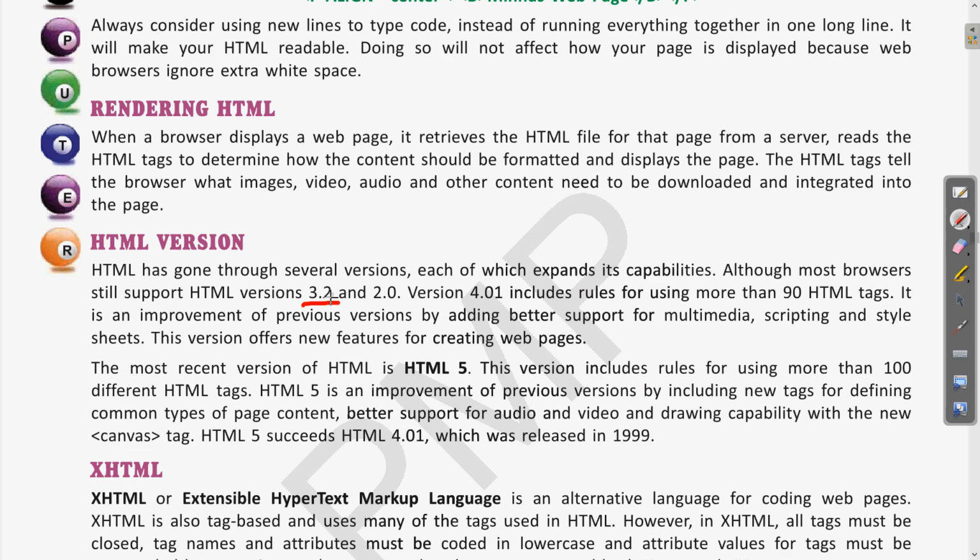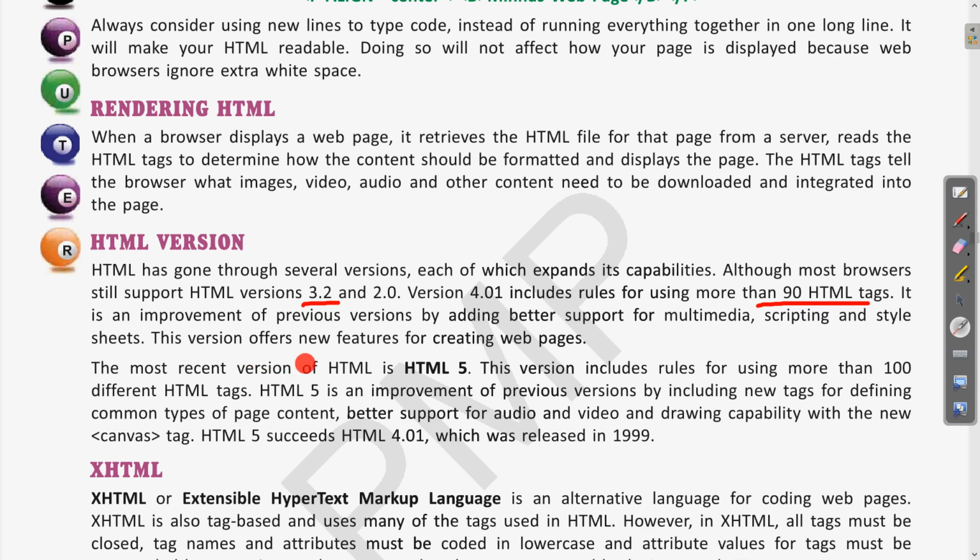As the version is upgraded, there are more tags to be written in the HTML program. Earlier in version 2.0 there were fewer tags. Clear? Then when it got upgraded, in version 4.01 there were more than 90 HTML tags. It is an improvement of the previous version by adding better support for multimedia, scripting and style sheets.